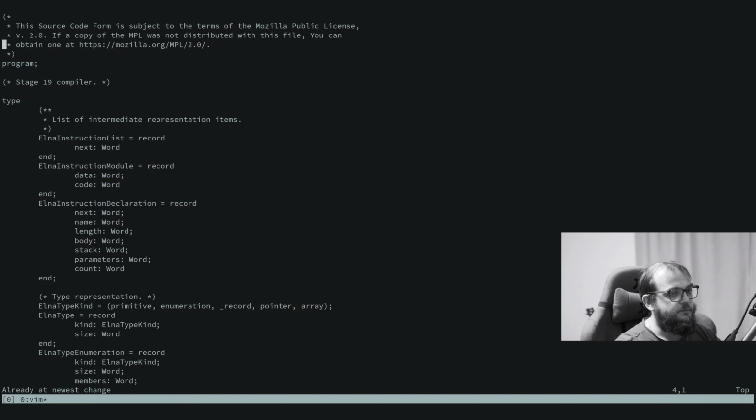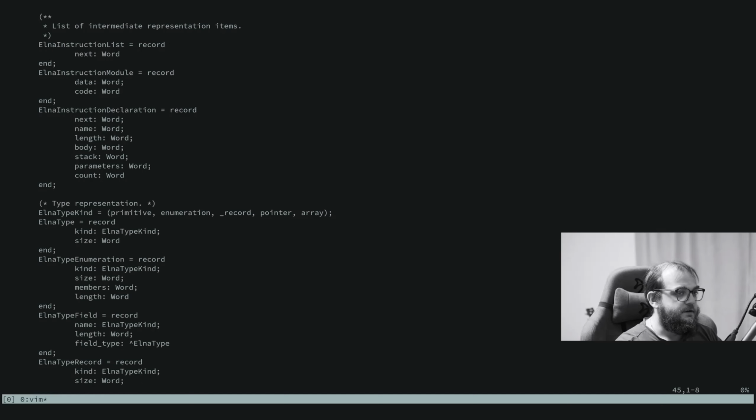I write a compiler for a small imperative programming language called Elna. The language is Oberon inspired and the compiler is self-hosted and written in itself. So I already used the language itself, but only the features that are already implemented, and not the whole language is implemented yet. And today